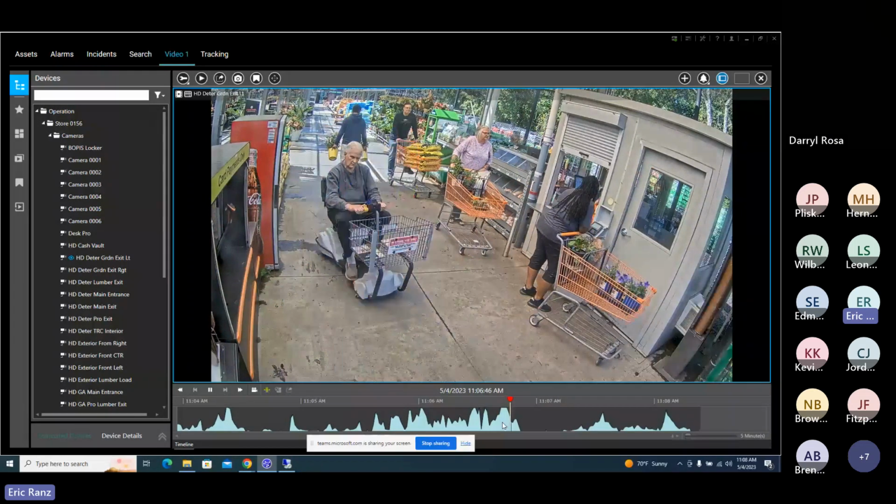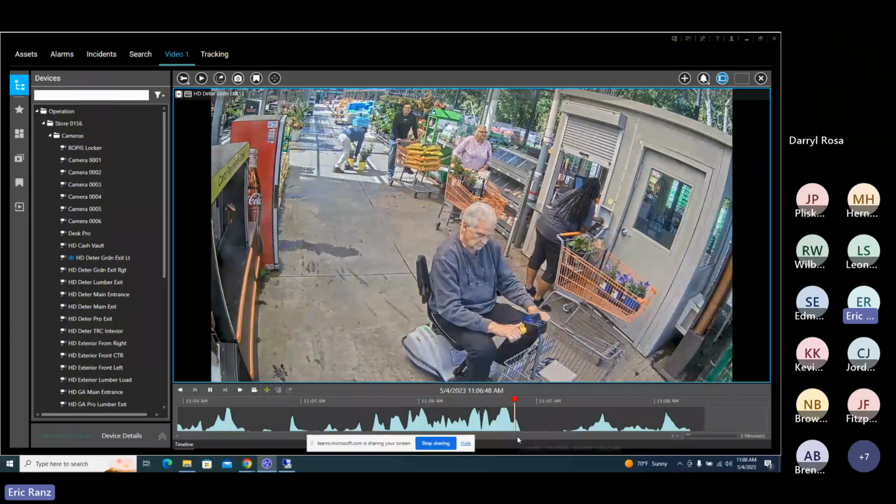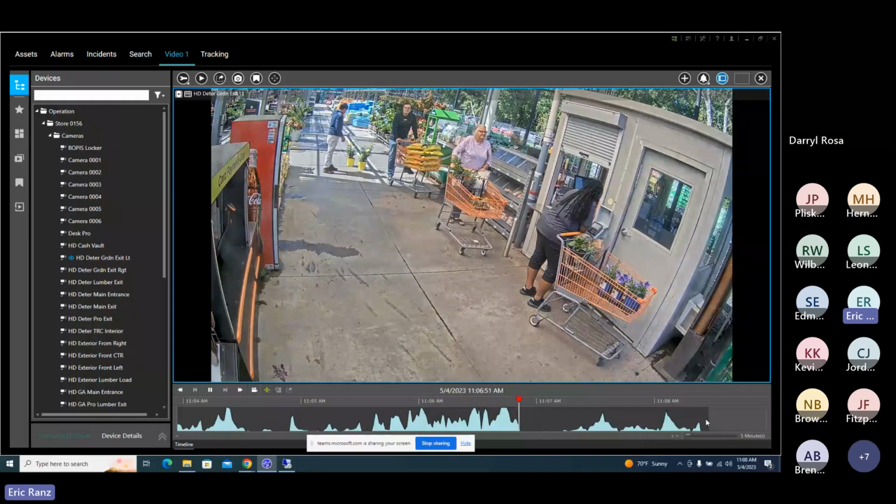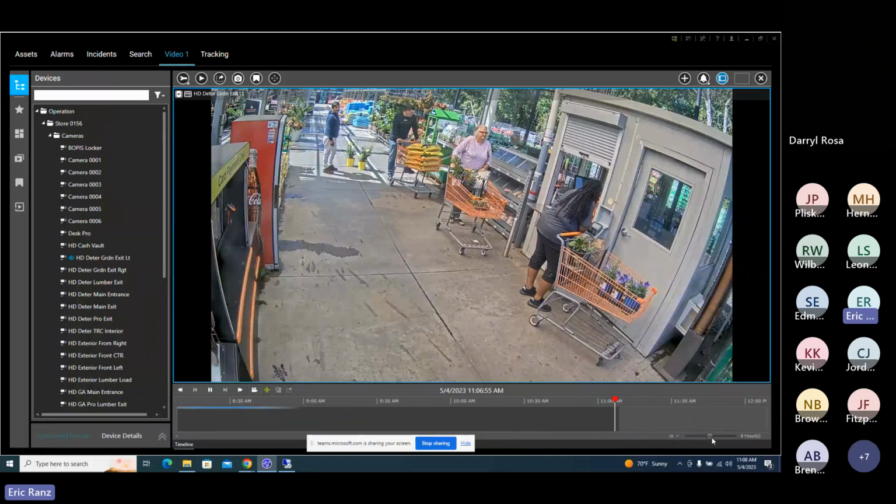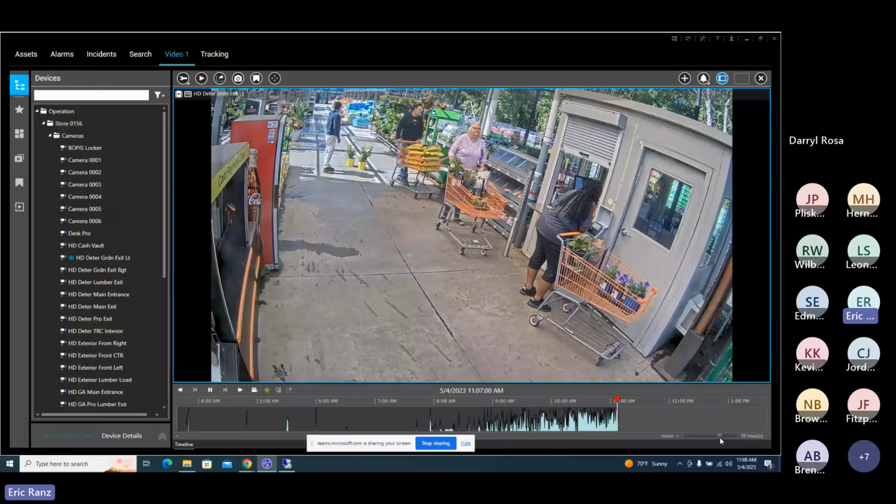So the visual indicator is quite powerful. Also keep in mind, this is the last 5 minutes within this timeline right now. You can change that up to a maximum of 7 days if you want to. What I like to use this for is to look at